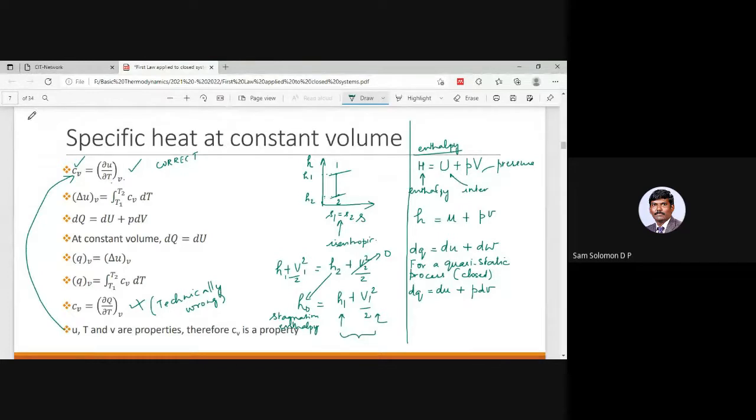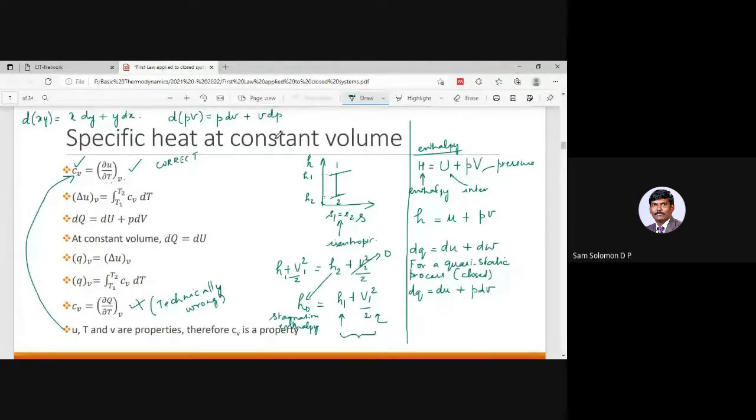In maths, you would have come across the expression d of xy. How can you write d of xy? We can write this as x dy plus y dx. You keep x constant and differentiate y, and then you add it with keeping y constant and differentiating x. This is the general rule. So instead of xy, now I have the term PV, pressure times specific volume. So I can write this as PdV plus VdP.